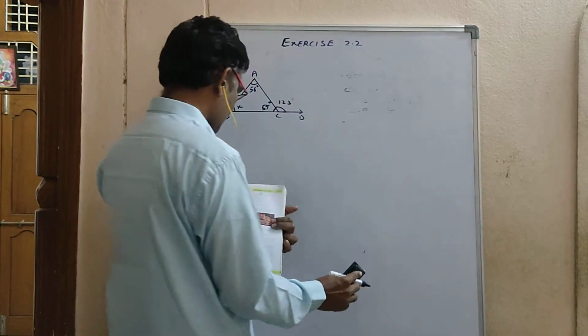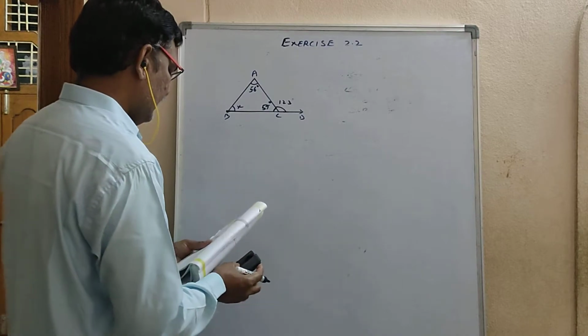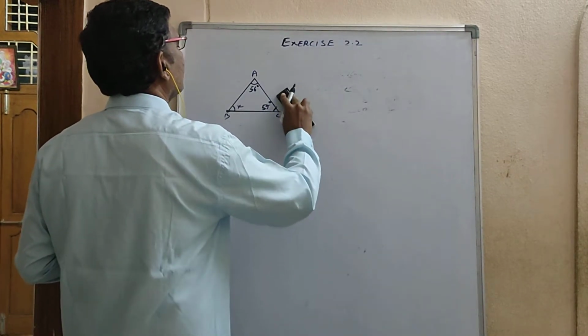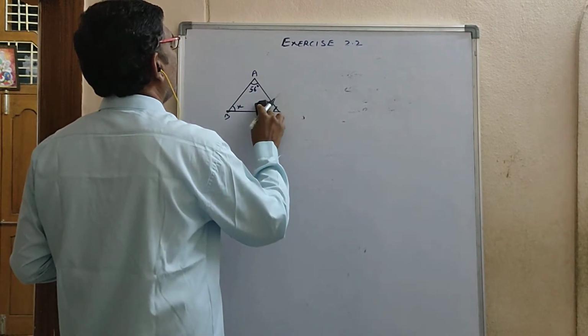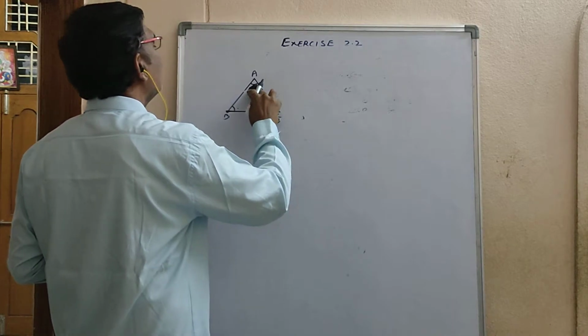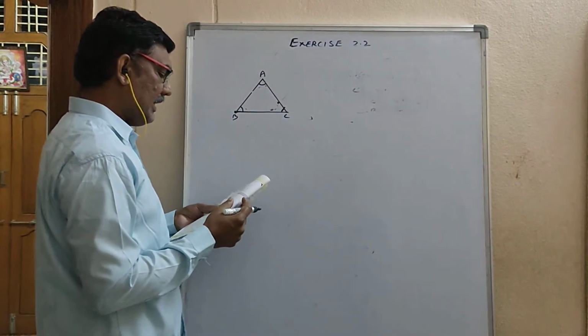What is the next figure? They have given a triangle, and three angles are given. You already have the textbook. The figure is a smaller one here. Angle A is 45.